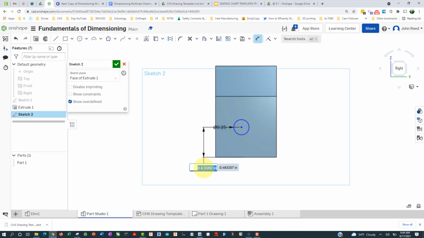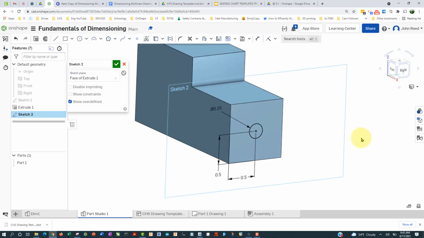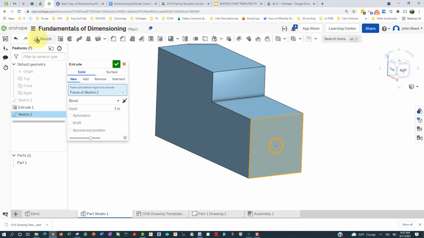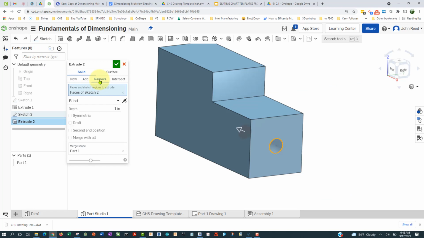So this will be 0.5, and this will be, oops, 0.5. And we can move the leader line there, so 1/4, I think that's okay. And now I want to extrude here, and I want to do a remove extrude, and I want to go all the way through,